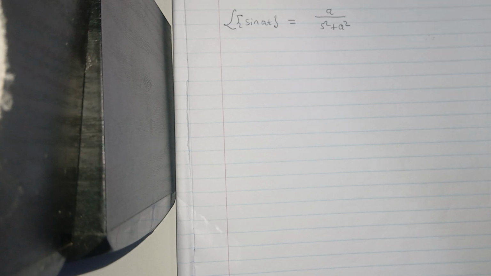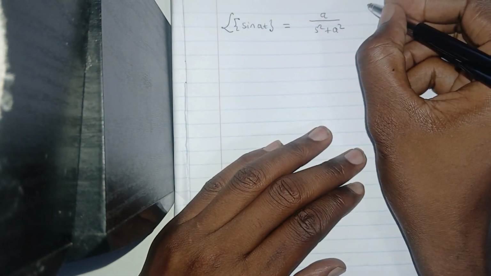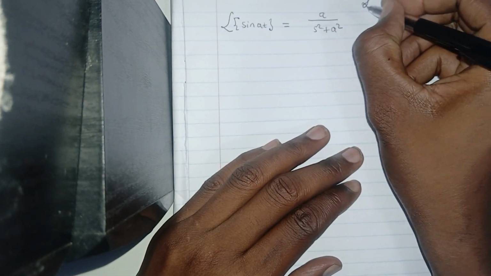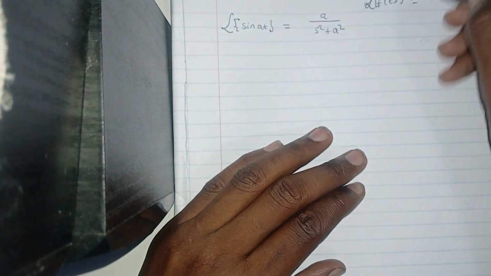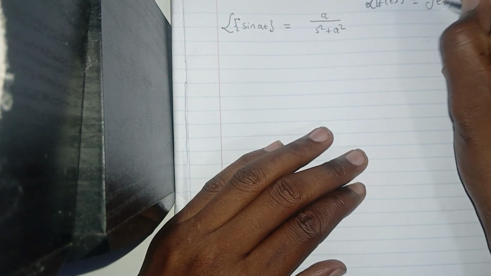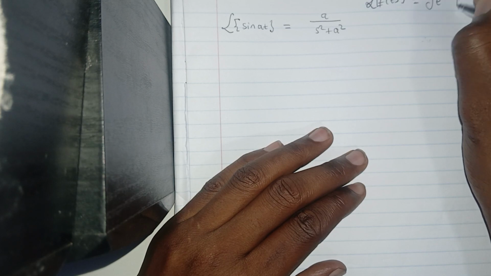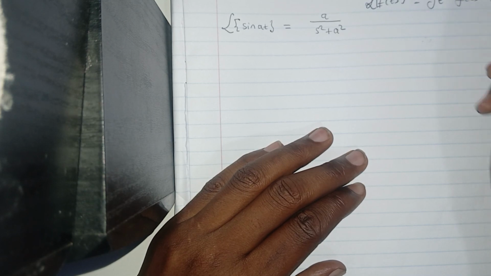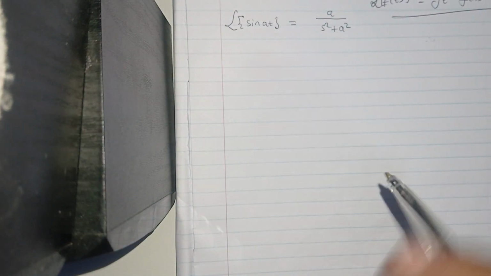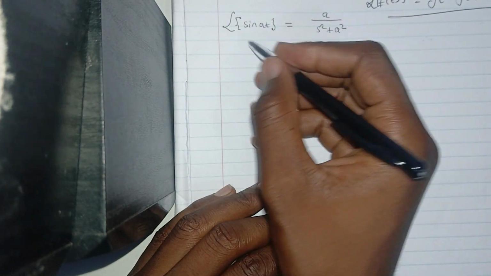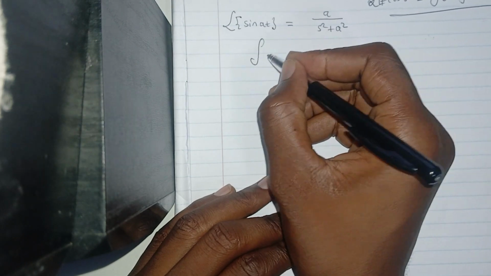Then here's the first one. Since I said I'm going to prove the sine at, now we're going to have to use the method that says the Laplace transform of f(t) is equal to the integral of e^(-st) f(t) dt. So this is what we're going to use, right? Now that means the Laplace transform of this is just